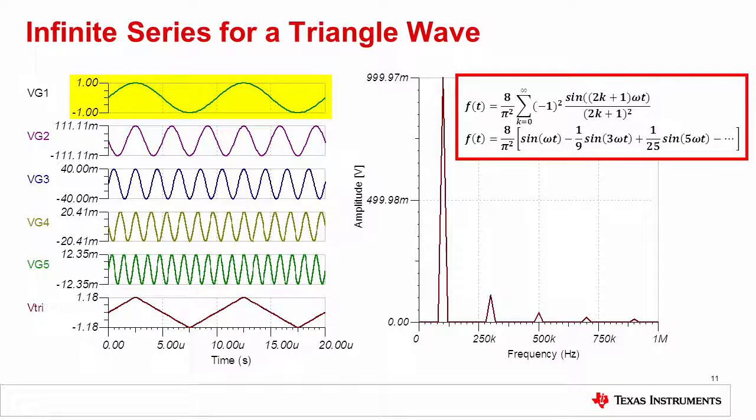The lowest frequency component is called the fundamental. The higher frequency components, called harmonics, are odd multiples of the fundamental frequency and also have smaller amplitudes. Notice that although we only have 5 harmonics and not a true infinite series, the resultant waveform is clearly a triangle shape. The mathematical Fourier series for a triangle waveform is shown here as well as the magnitude of the frequency spectrum. The theory behind a Fourier series will be helpful in understanding how the shape of non-sinusoidal waveforms is affected by different types of filters.